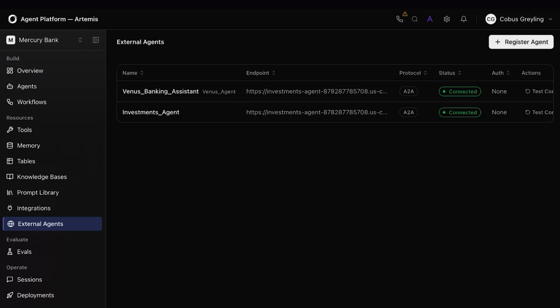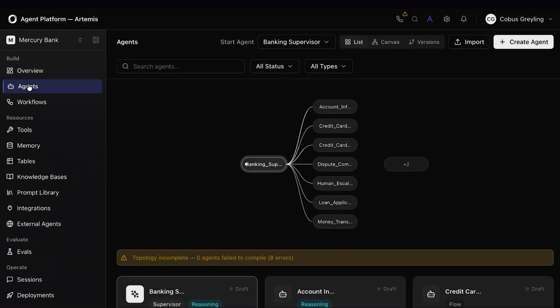You can see that each of these can be accessed in a no-code fashion, and an agent can be built without any technical knowledge or even prior knowledge of the Artemis platform. I really think this enables technical people, but also knowledge workers and business people, to access technology and to build solutions.